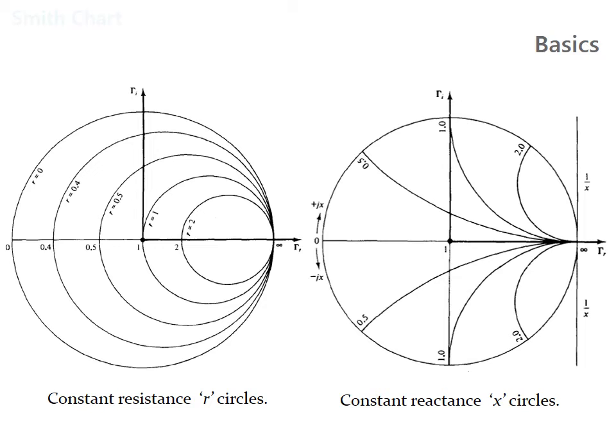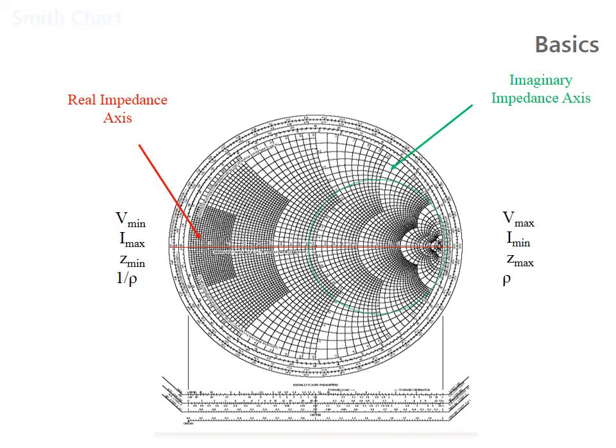Likewise you can easily find the radii in each section, and the constant reactances denoted by x in the circle, with the help of this central part. This portion will be 1 by x, and we can go from 0 to infinity. Here are the real impedances and the imaginary impedances. How do we find the V min and the V max? If you go to this section, here will be the minimum voltage, minimum current and minimum impedance, and vice versa.